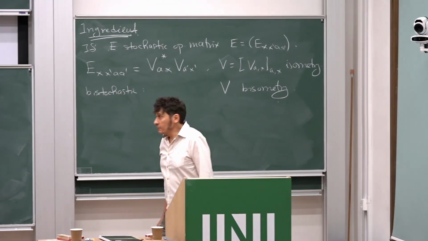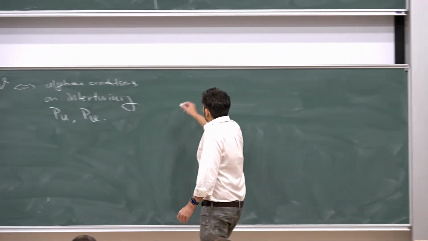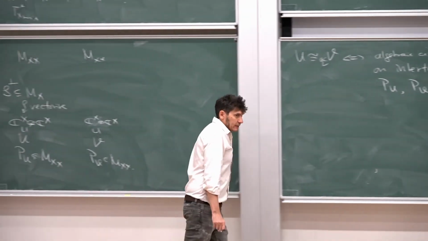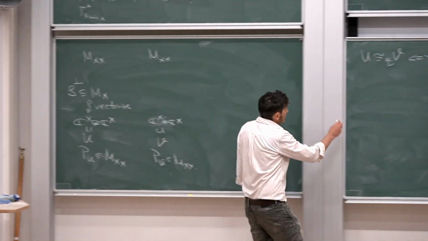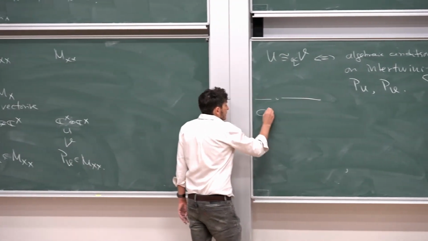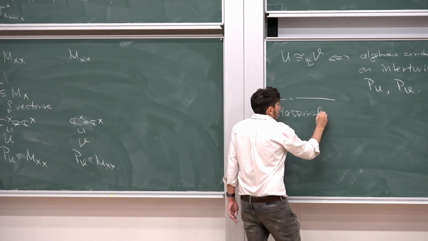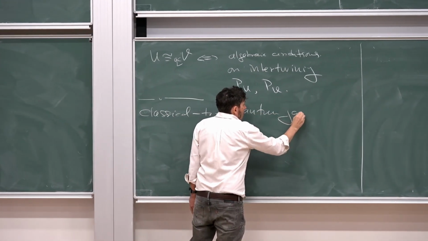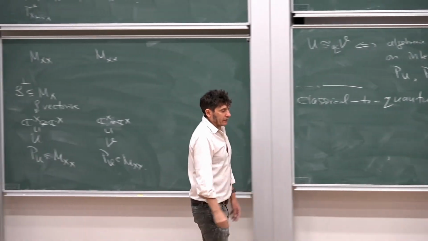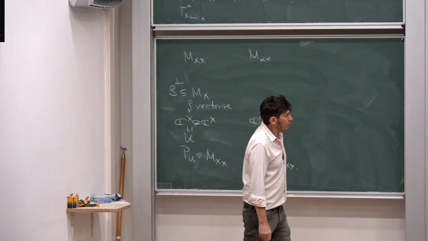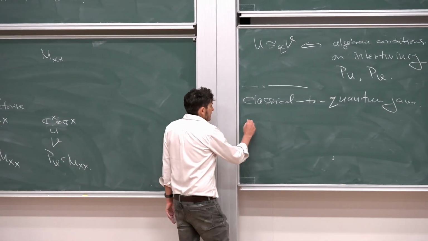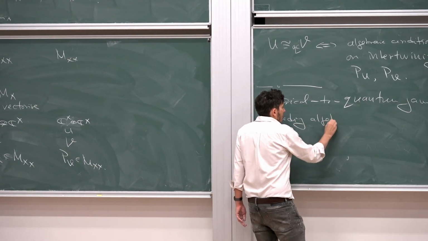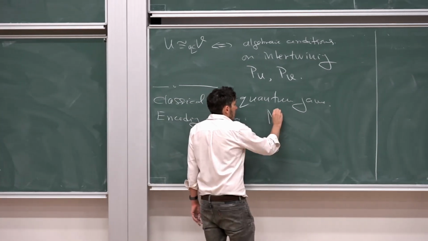Right, so I have six minutes, a little bit more. Just one little note now, how this fits into what's called superdense coding. Here, we just want to have now a classical to quantum game. In this case, the inputs are classical, the outputs will be quantum. In this case, the encoding algebra will be the following one.